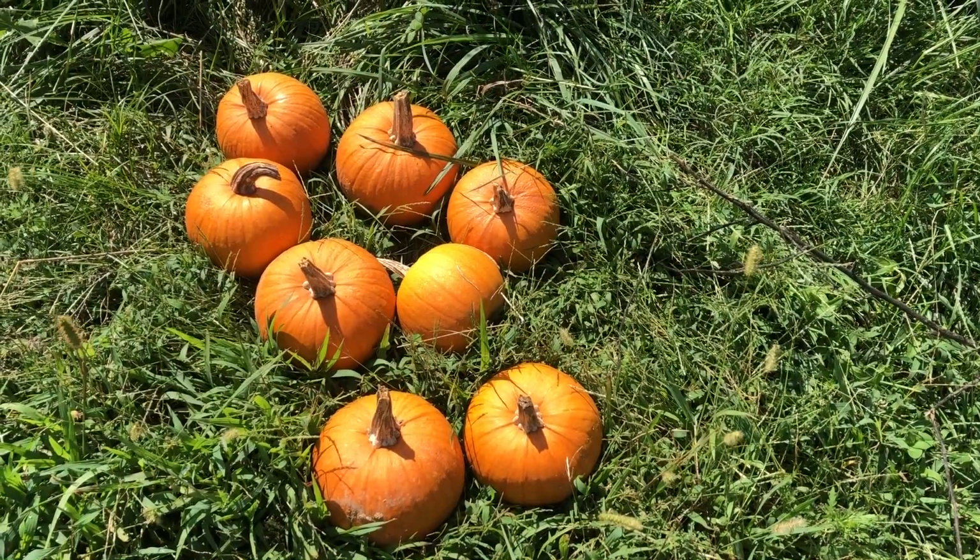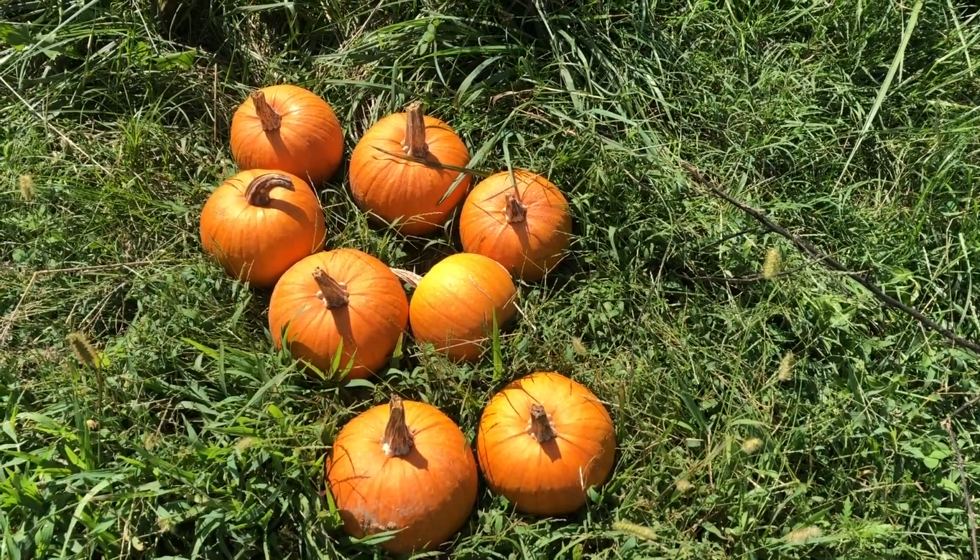I also have been getting a lot of pumpkins. I harvested about 20 pumpkins, and then everything I saw said to leave them out for a week or two and let them kind of harden off in the garden, and then you bring them in the house to store them. Well, in that time, about 5 of them, parts of the flesh, not the stem, but parts of the flesh skin